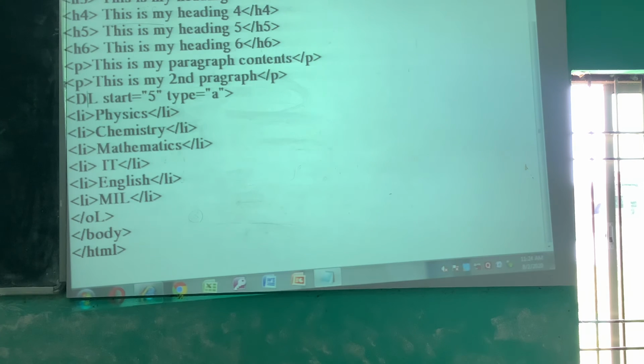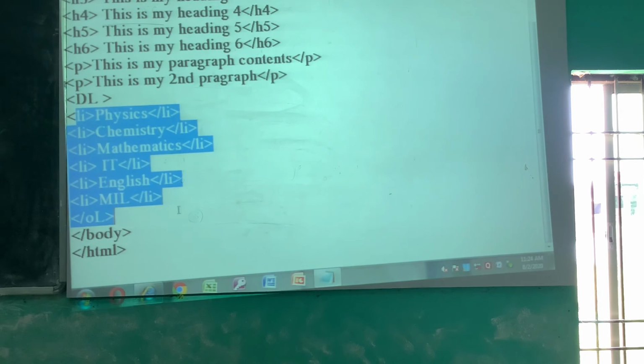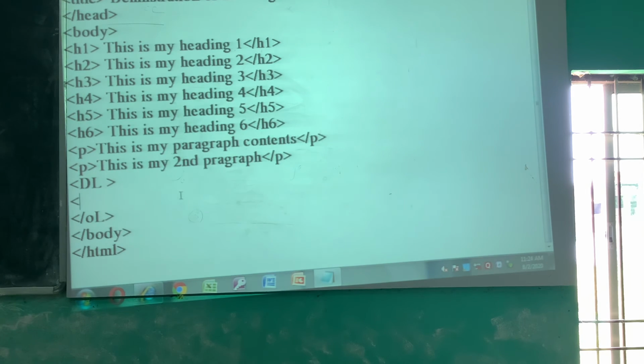Then start DL, then start DT. The term is, let us give it a bold effect, HTML, /b, /dt. The term ends here.